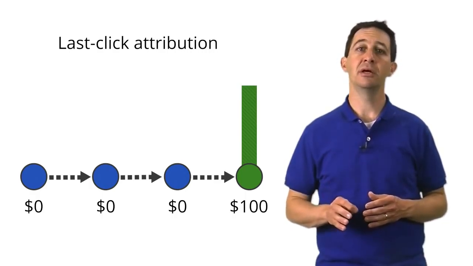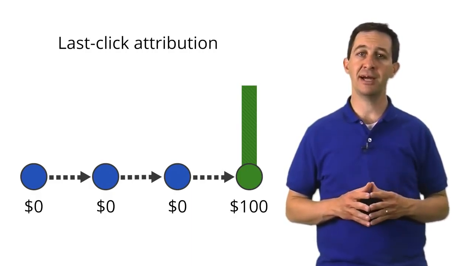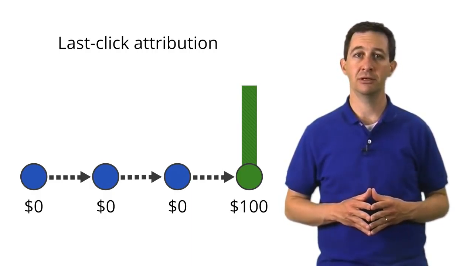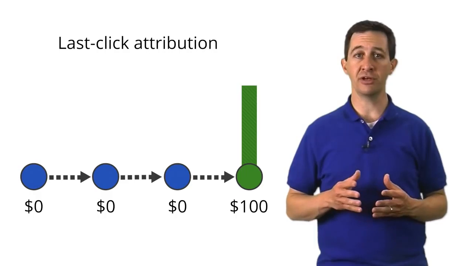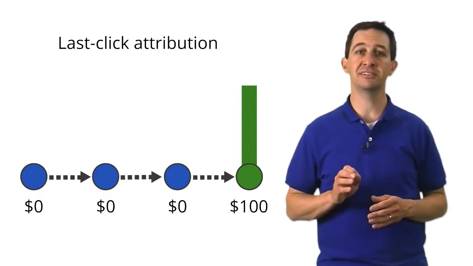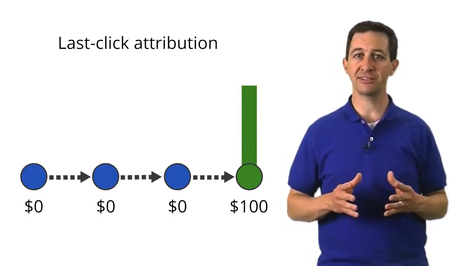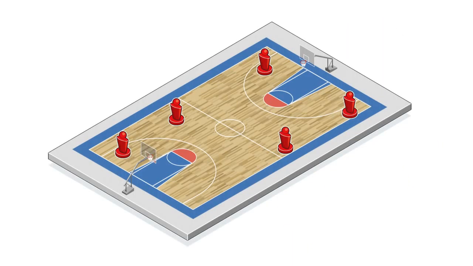This is important because the reality is your customer will likely interact with you many times before a conversion occurs. How do we understand the value of those other marketing channels prior to conversion? We use the concept of an assist. You see, attribution is a lot like scoring points in a basketball game. It takes more than one player to make it happen. One player scores the goal, but other players may help or assist in the process.